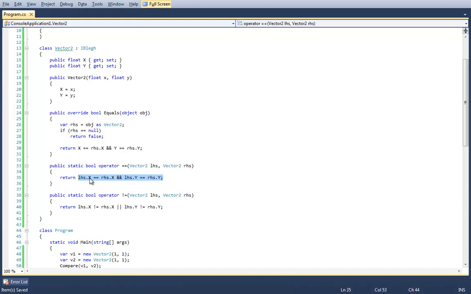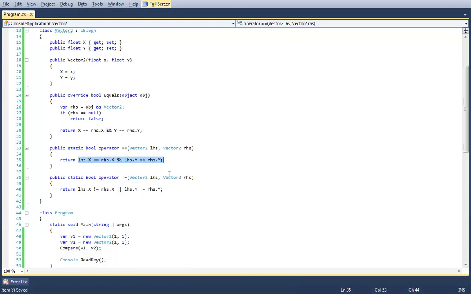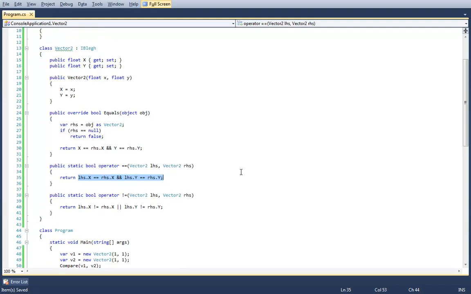But this comes into an interesting discussion about reference types. I'm actually going to leave that hanging for a second here. I'm going to leave some redundant code in here. Right now this code is redundant. There's a way to get rid of this redundancy, but we'll talk about that in a moment.